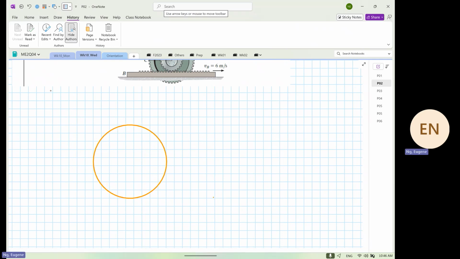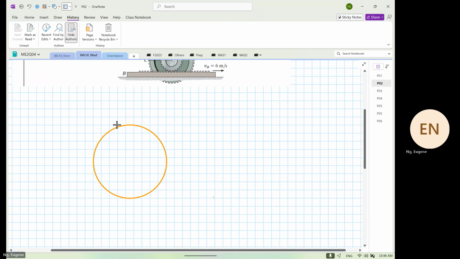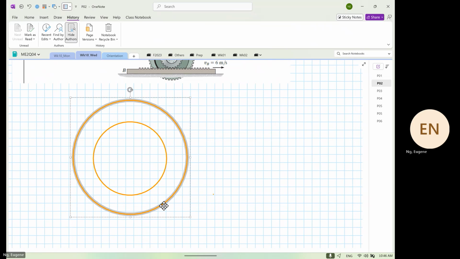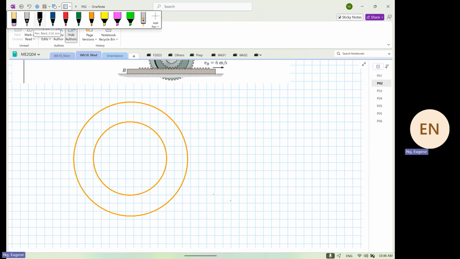So this is 1 circle, and I'm going to have another, bigger circle. Okay. So over here, the center of both circles